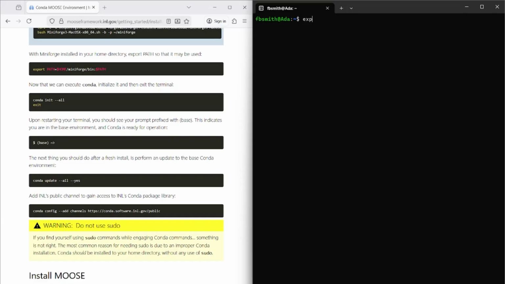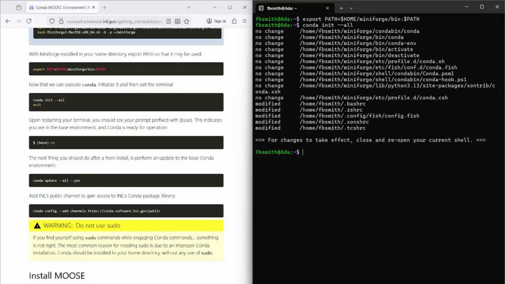So I'm going to export path. I'm going to update my path variable. That's where the system goes to look for things. I'm going to export home. That's this current directory, MiniForge/bin. I'm going to prepend that to the already existing path variable. Bin is just short for binary files. So now that that's in the path, I can say conda init --all